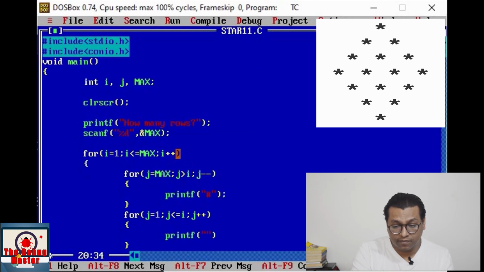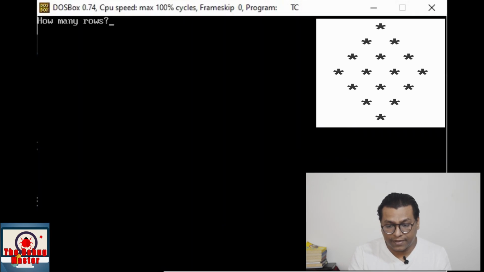Here we shall print a star. Just save it, compile and run.